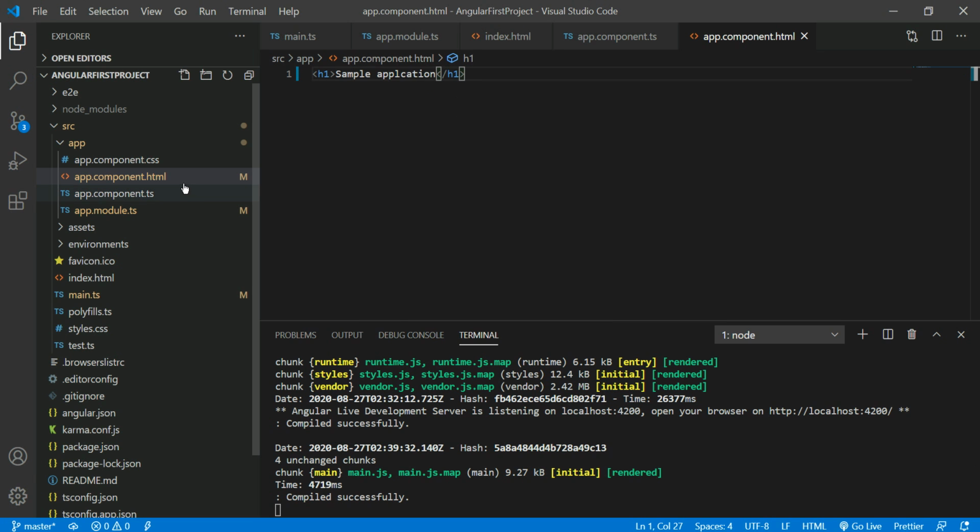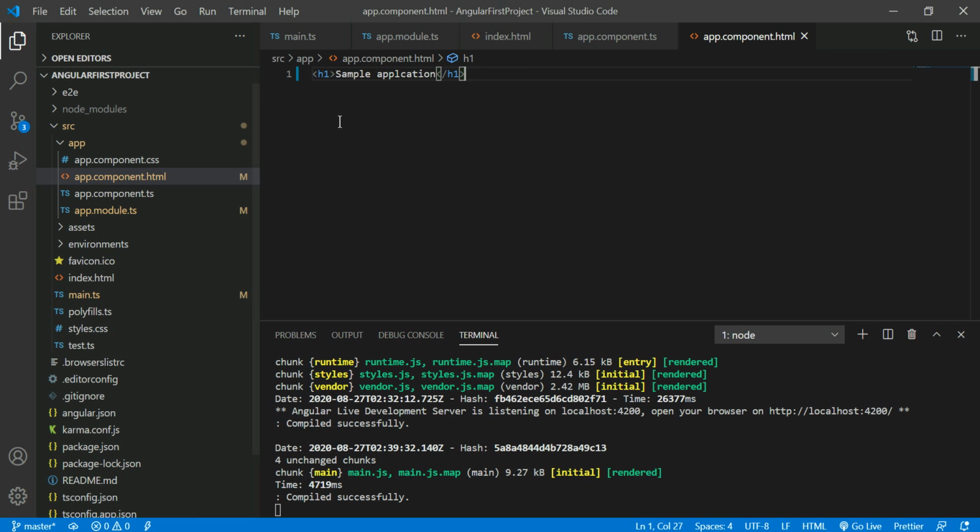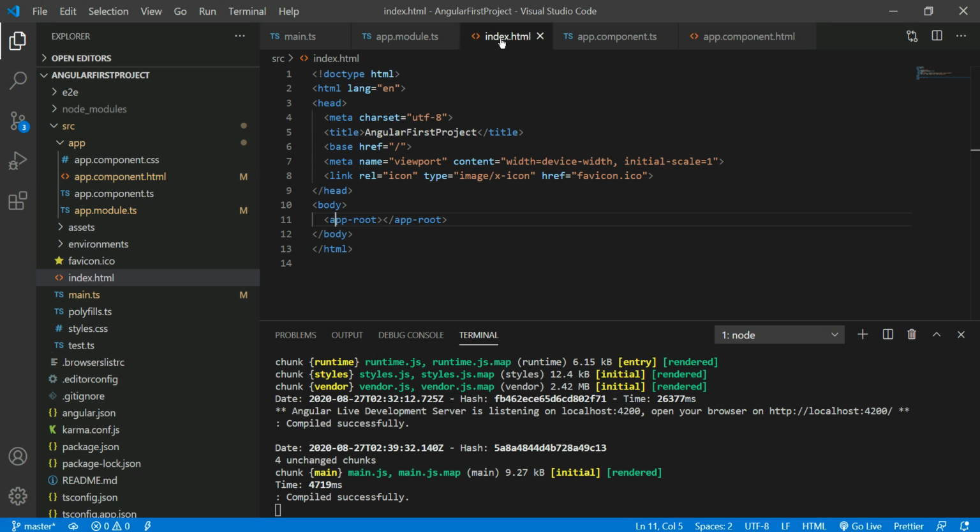And see here what is happening. Whenever there are changes here, index.html is there, and index.html takes care of the app-root. That is one section. If you see the page source file, I wanted to see the logic in the browser: how this browser renders the application, and how the content is analyzed by the browser.